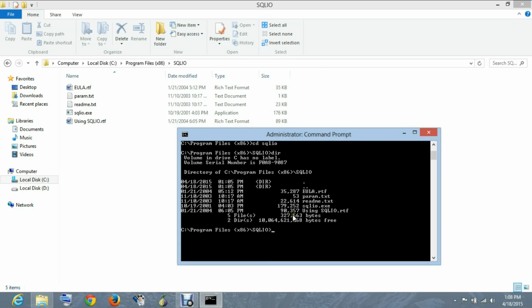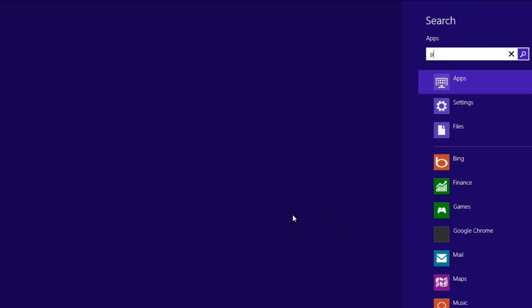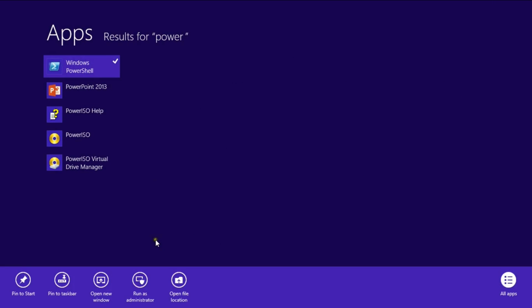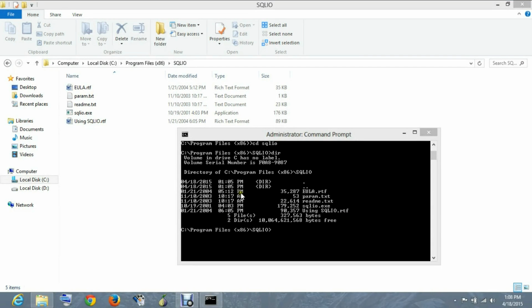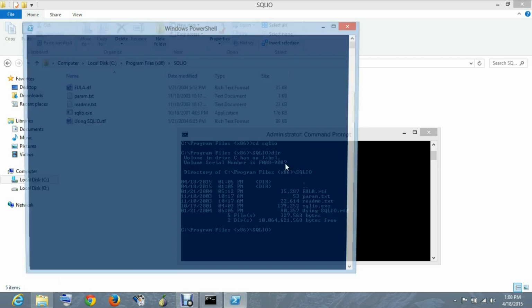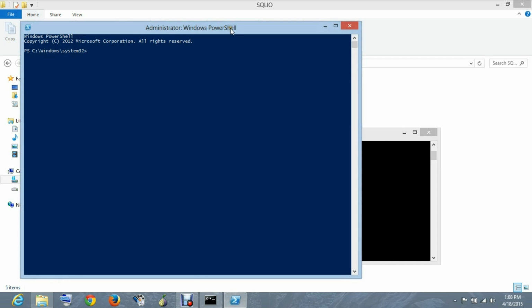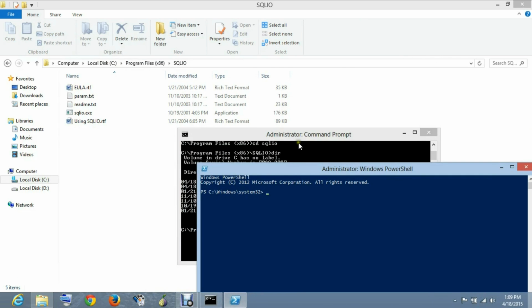Now before running this tool, we need to create a test file using Windows PowerShell. Even if we don't create the test file, SQL-IO generally creates the file by itself, but you won't be able to view it properly. You won't be able to see where the file has been created. So we'll use Windows PowerShell to create the test file. Windows PowerShell is a utility available in every Windows installation, 7, 8, 8.1, even in XP. So we'll navigate to C and create the file using this command.